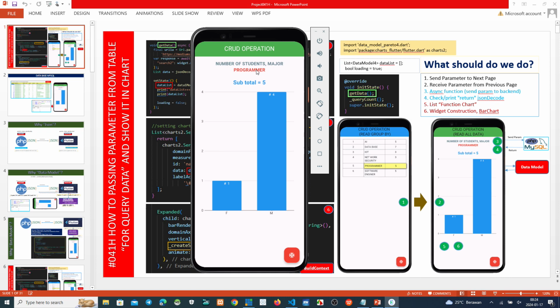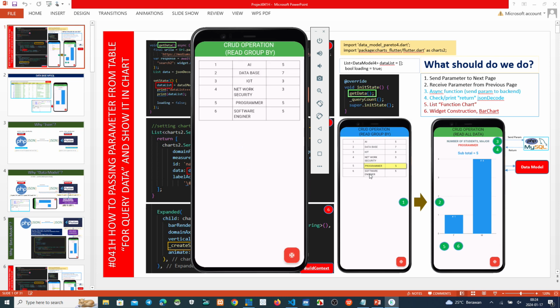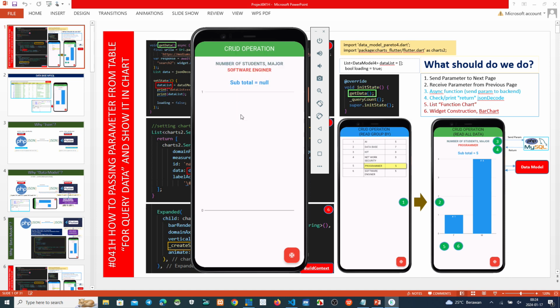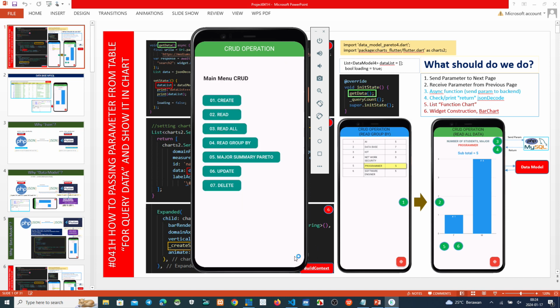I click programmer. But if we click others, for example software engineer here, the result is this one: software engineer, subtotal equals 5, the female 2, and the male 3. Okay, back to the menu.